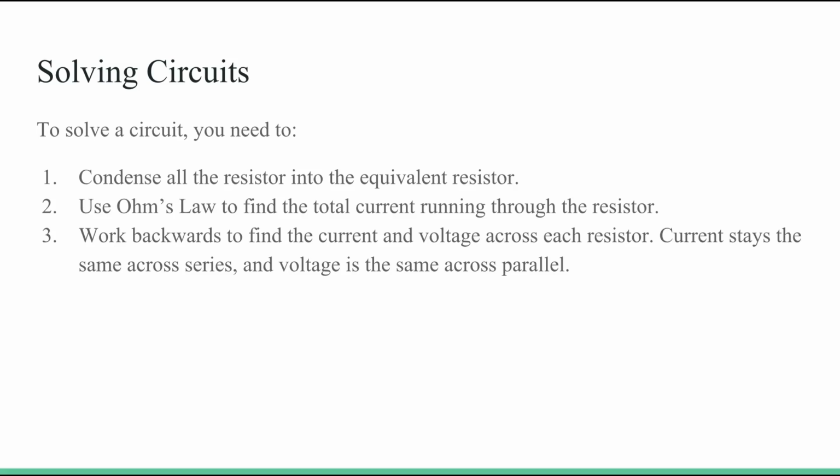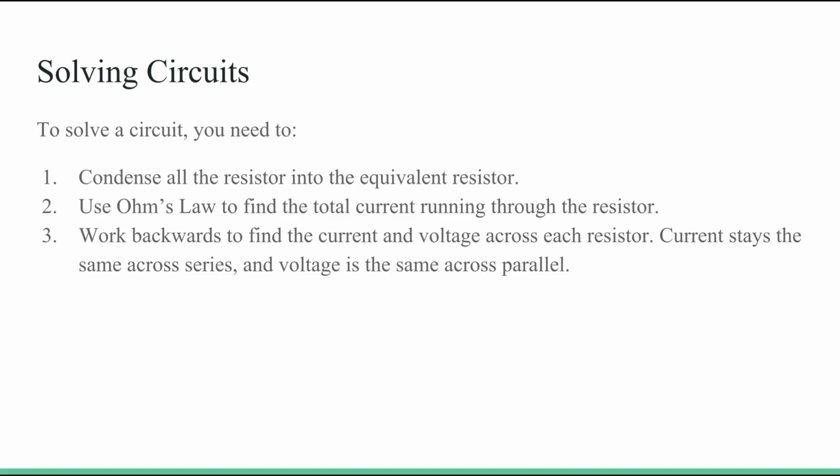Number 2, use Ohm's law to find the total current running through the equivalent resistor. Okay? And then part 3, work backwards. Use the loop rule and junction rule to find the current and voltage across each resistor. Remember, current stays the same across series because of the junction rule, and voltage is the same across parallel due